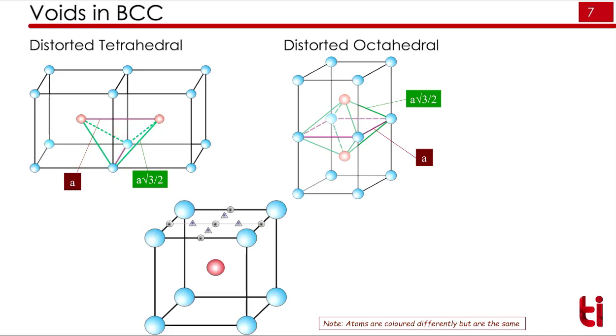For the octahedron again, we have taken an atom at the corner, 1 atom from the body center and 1 atom from the body center of another unit cell. This forms an octahedron, and this is again shown here. So the octahedral position is shown here and here, and the tetrahedral position is shown here by a triangle.